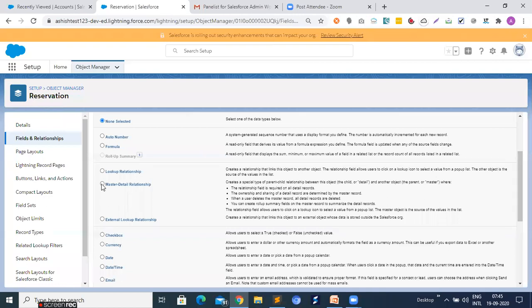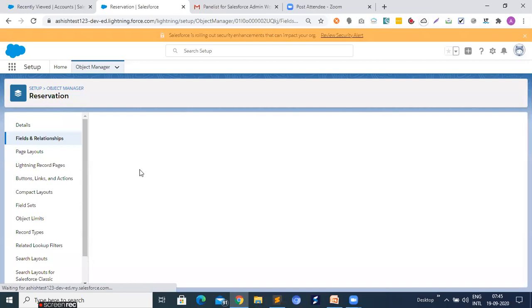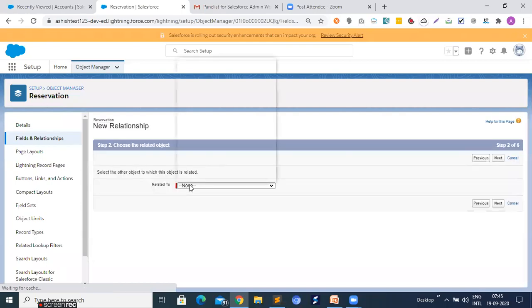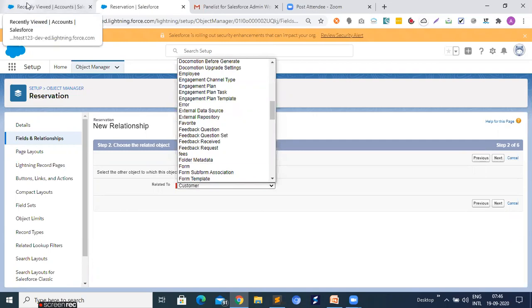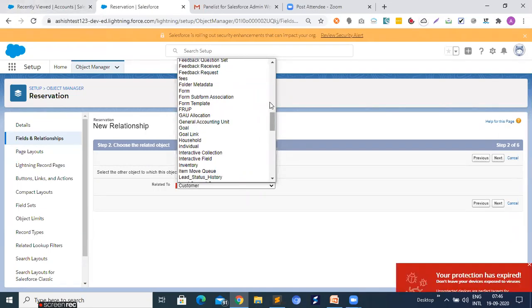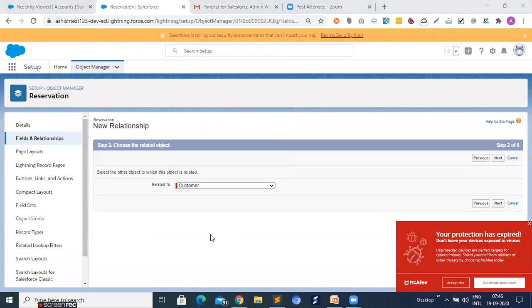So you have to choose master detail relationship and click on next. And you need to choose your object, that is your customer. Right? And then you need to click on next.